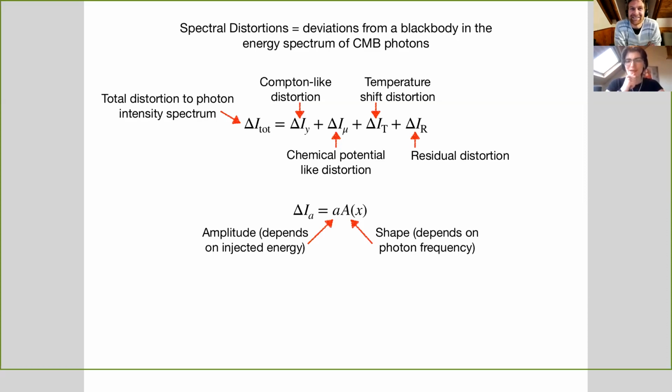That's exactly what I was about to say here, that within these distortions, we can decompose each one into two main parts, like the lowercase and the uppercase. So for the Y distortion, we would have the Y and then this function Y of X, or Y of the frequency. So the shape of the distortion is going to depend on the photon frequency. So this also means that when you're using a different detector, this is something that needs to be taken into consideration, because different detectors are going to have different frequencies that they study and different binnings of the frequency. So this is something that CLASS needs to know about as well.